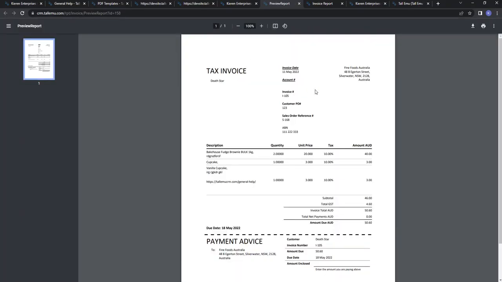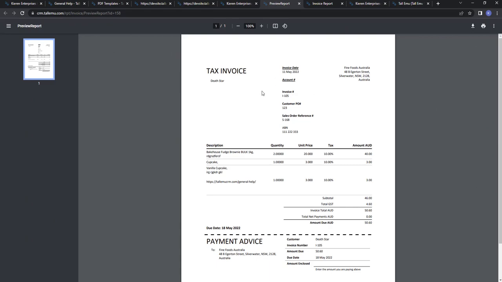All right, so preview, and we select our invoice, and that's now loading. So we can see the changes I've made to the formatting. This customer doesn't have an account number, which is why it hasn't shown, but it's removed the word number and I now have a hash instead. I've got some underlining and they're both in italics. The customer doesn't have an email address or a postal address, so that hasn't come through. This has been renamed customer PO, and you can see that I've got a link to my original sales order